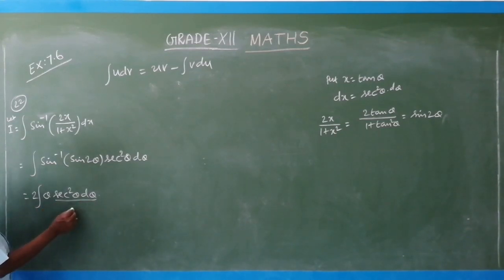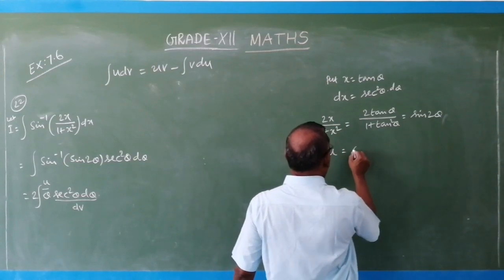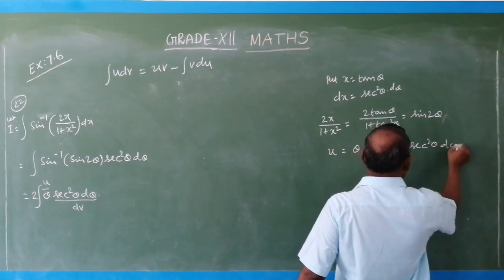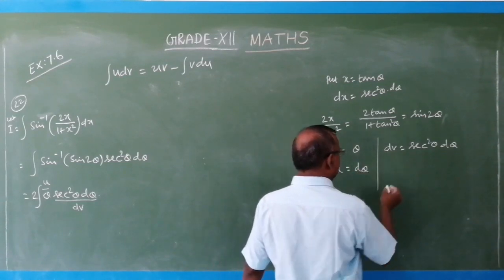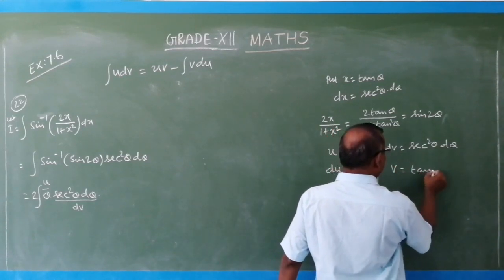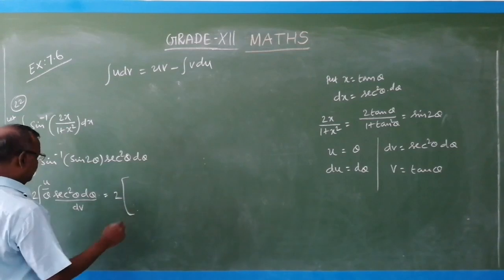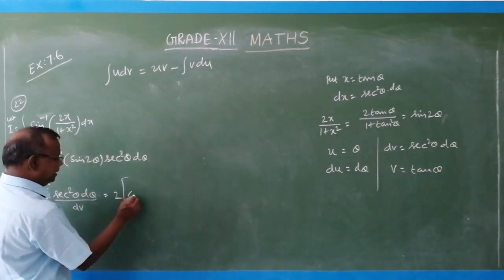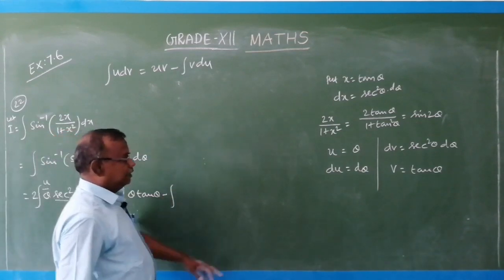Now, this can be integrated by parts. So, this is algebraic, so take it as u. Now, u equal to theta, dv equal to secant square theta d theta. Differentiating u, we have du equal to d theta. Integrating, we have v equal to tan theta. Now, substituting all those values here, this is 2 into uv, that is theta tan theta,